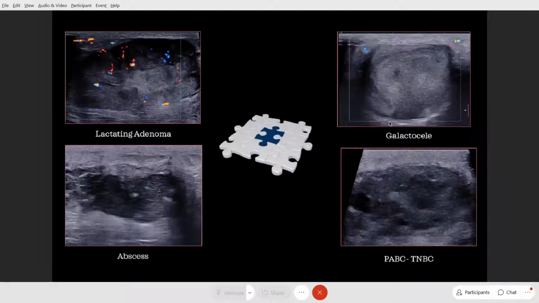And the last one, which is the most important diagnosis, which should not be missed by us, was a pregnancy associated breast cancer. And it was, in fact, a triple negative, locally advanced breast cancer to start with. So you need to remember this, though it is rare, it is the radiologist who has to initiate the suspicion to the gynecologist. The gynecologist will say just a breast lump and will send it to you for ultrasound. So it is your responsibility to be aware of this entity, and whenever the diagnosis is not fitting in, do not hesitate to biopsy such a lesion, so as not to miss the pregnancy associated breast cancer.